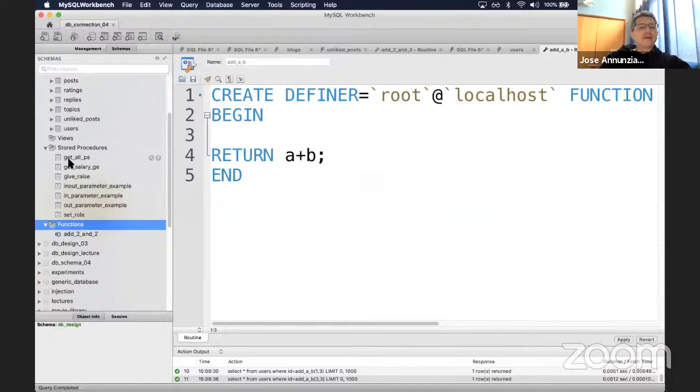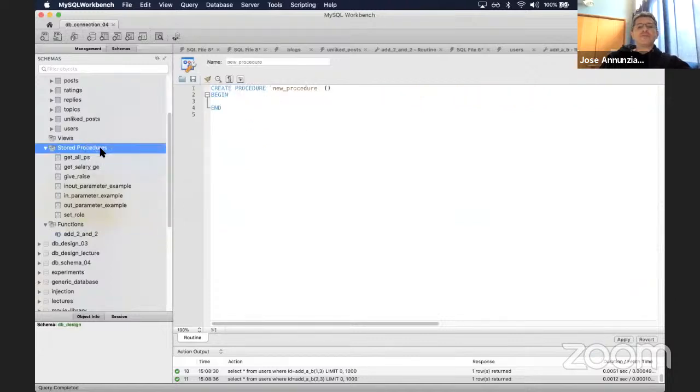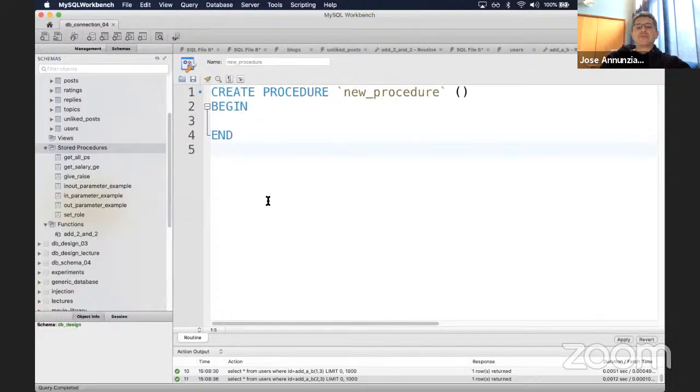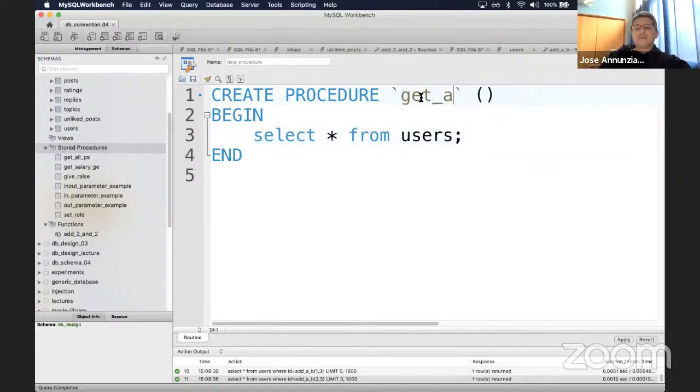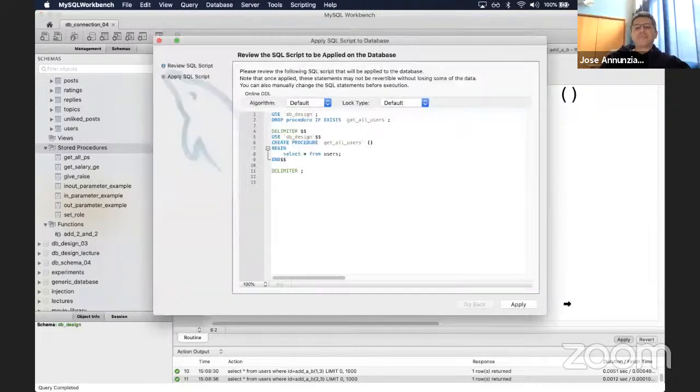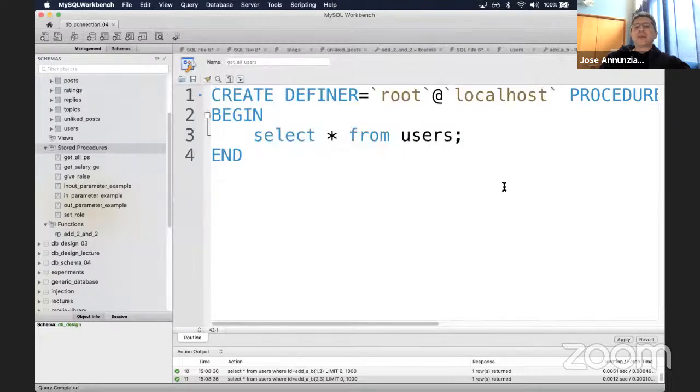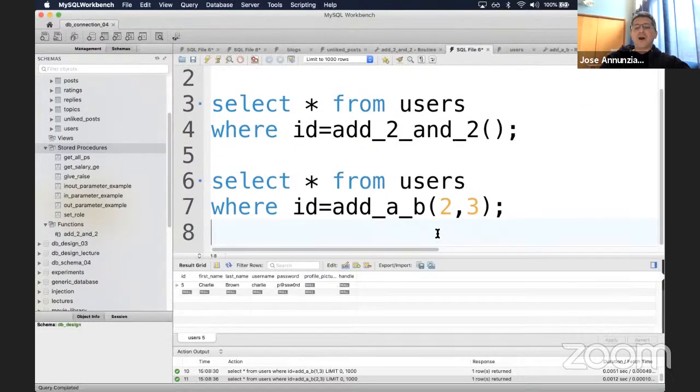and you can say stored procedure, create a new stored procedure, and there it is. It creates a new stored procedure, and then you can put here whatever commands you want. So here you might say, select star from users, okay, and that's it. And then it says this would be get all users, and then you can run this. I can say apply, and then you can execute this from the command line,